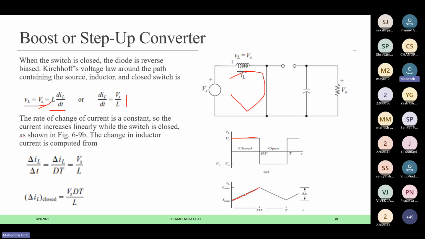Now, if I make the rate of change of current a constant, so the current increases linearly if we consider. So we can say that dIL is nothing but delta IL, and dt is nothing but delta t. So these are basic mathematical assumptions I am applying here. And if I take the dt on this side and integrate it, so you will get